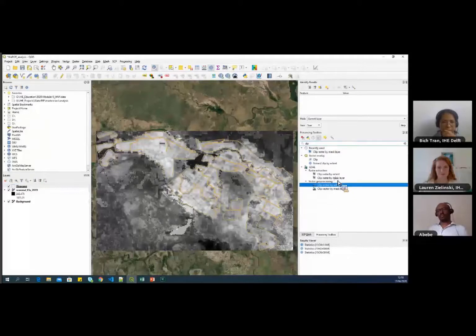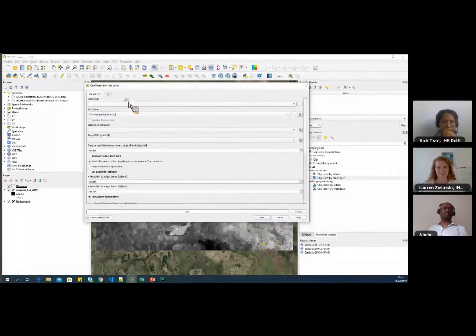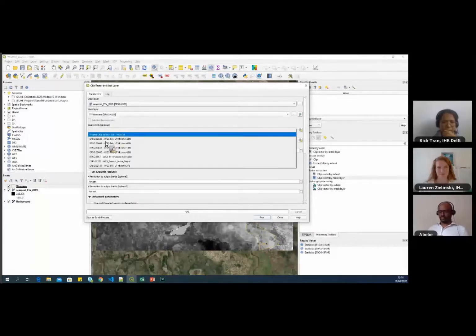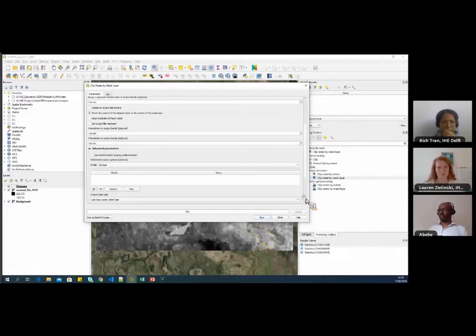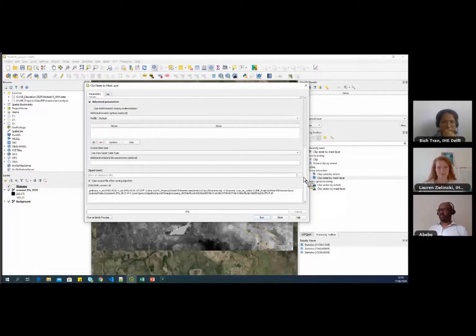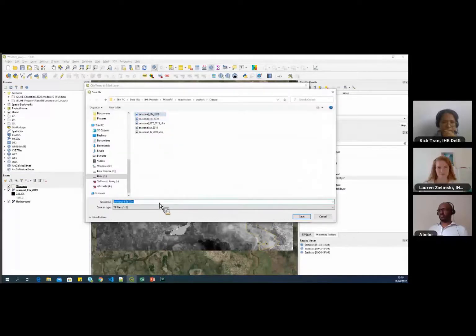I will search for clip, and I can see there is a module called clip raster by mask layer. I will select the input layer as seasonal ETA, and the mask layer as the Xinawane shapefile. I will select the source and target CRS, both are the same, so even if you don't select it, it should work. And then I will save this file